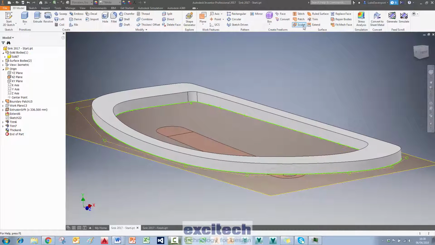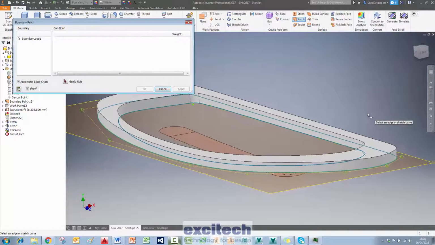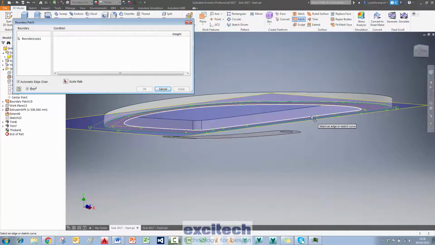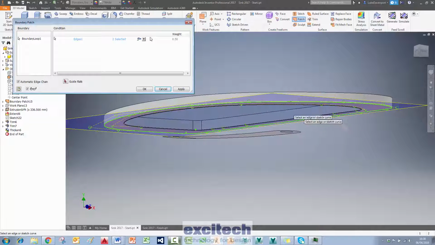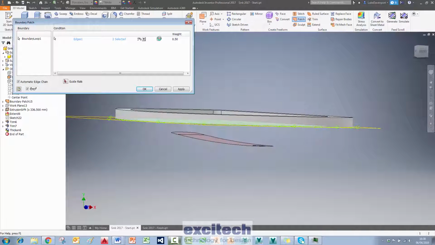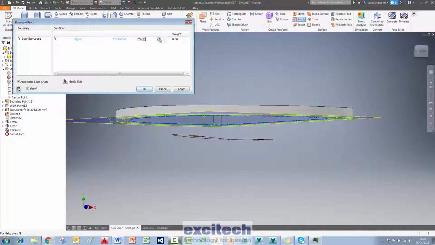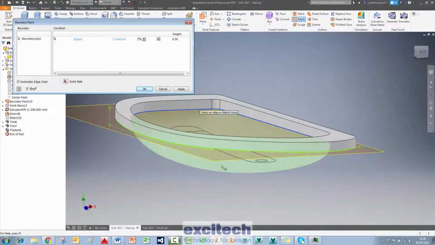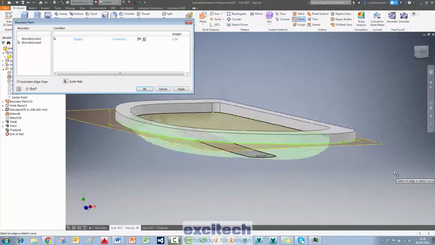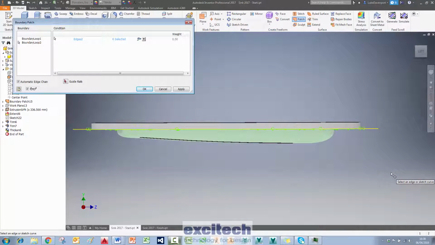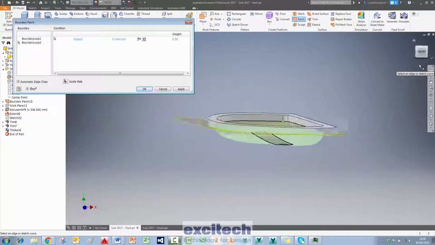Right, and now with that done, I can start the patch command now, and I can pick these edges, this loop of edges, and I just want to check that if I go to a tangent condition, yes, that's the button I'm looking for, or G2 condition, I can now flip between 90 degrees and flat. Okay, and I also want to go through this loop of edges, so I'm going to pick that loop of edges, and this is what I'm after. So I've got a nice smooth